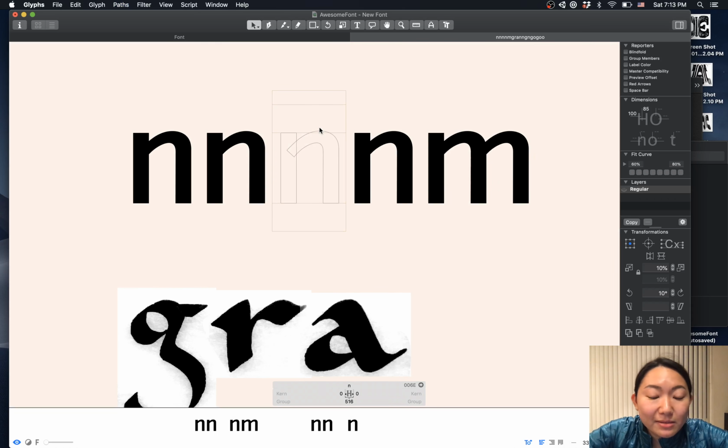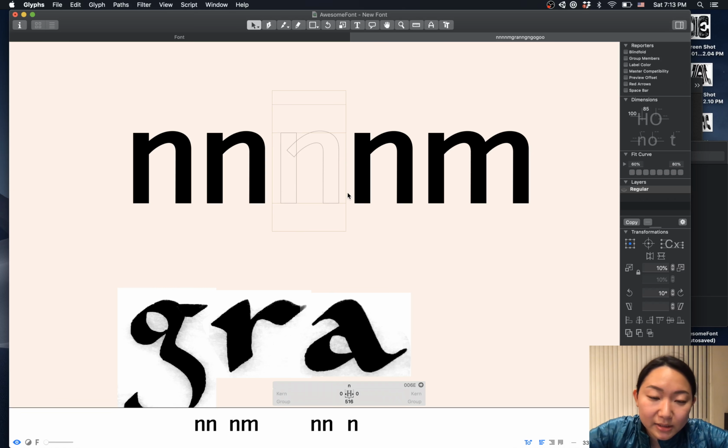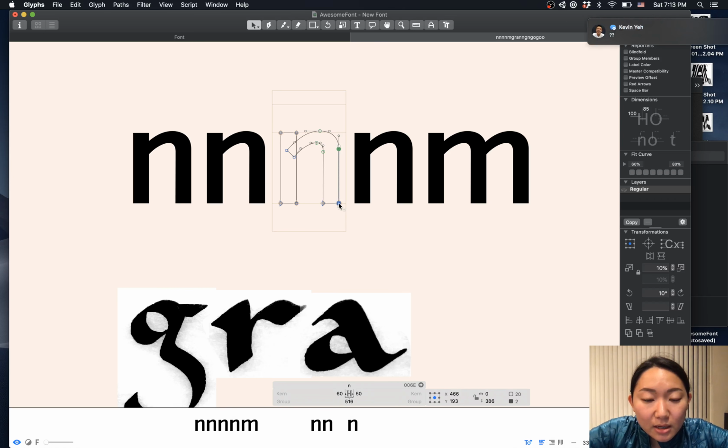So if you do Command B and when you're in the background, you'll see that there's like this slight pink overlay to show that you are actually in the background. So if I do Command C, I can do Command C, Command B, and get into the background, and just Command V to paste that in there. And you know,